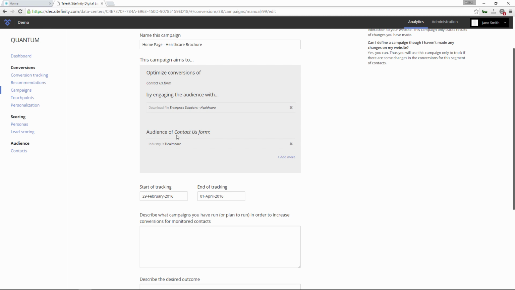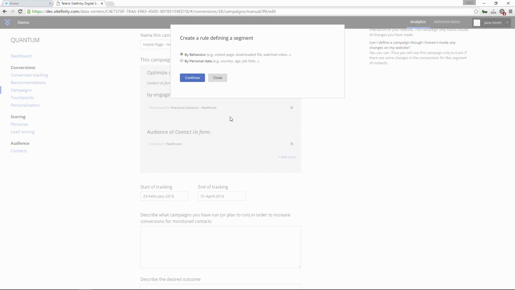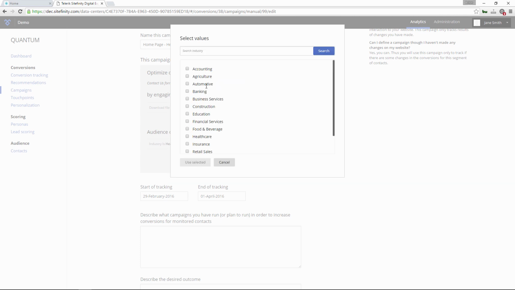And we have the audience segment here. Currently there's just one attribute, the healthcare industry, but we can add more to further narrow the audience if we wanted to, by either specifying behavioral data or using personal data. And if we select a different industry, here we can see some of the attributes you can use for that. Here is industry, we can type the industry, or we can just select it from the existing list